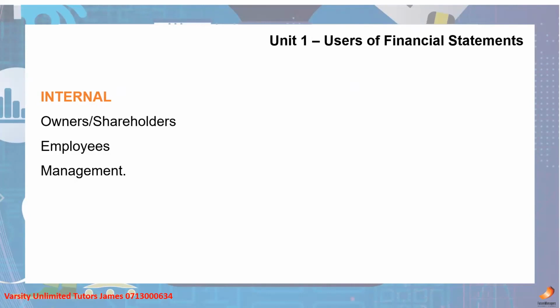The owners of the company, if you're looking at a sole trader, for example, they are internal users of information. But if it's not a sole trader, if it is a public company, then shareholders are not internal users. They're actually external because they are not operating in the company. But if it is an owner-operated company, for example, if you operate a spaza shop, it's your own shop. So you're an internal user because you are there every day. But if you hire someone else to run the business for you, then you are now an external user. So you can be internal, you can be external if you're an owner, right? It just depends on the structure of that particular business, right?